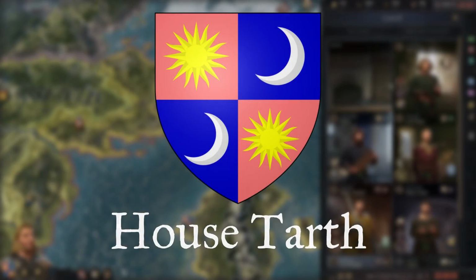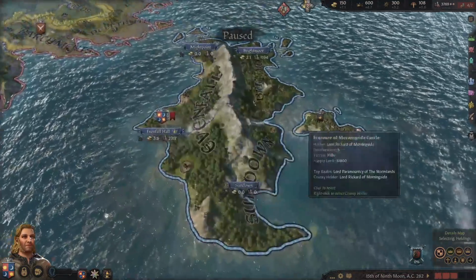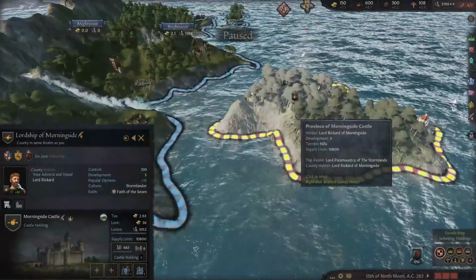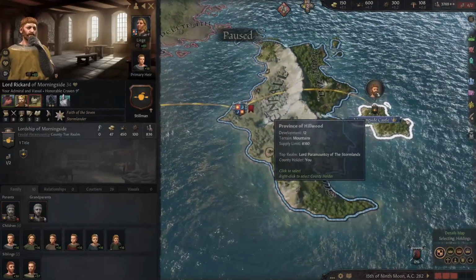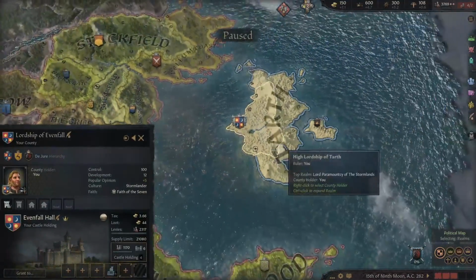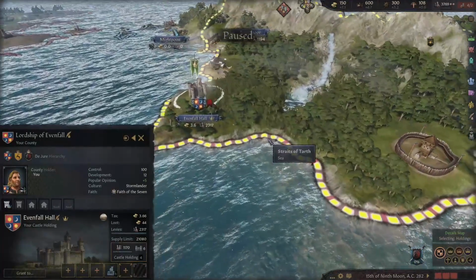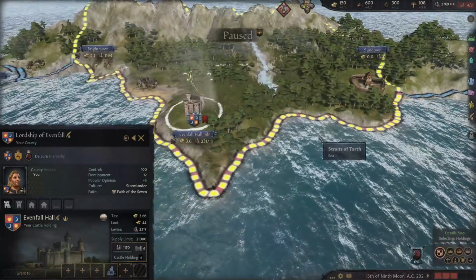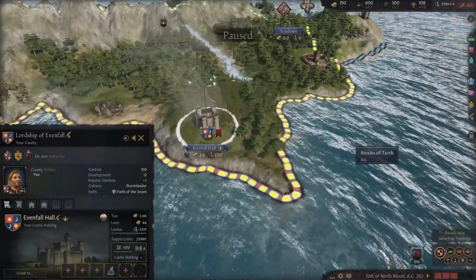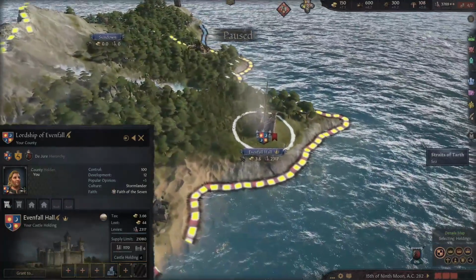House Tarth of Evenfall Hall is one of the most prestigious families in the Stormlands, with current members even claiming kinship with House Targaryen. They rule over the island of Tarth, known as the Sapphire Isle for the beauty of the waters surrounding it. The current lord, Selwyn, is known as the Evenstar, and is considered to be a good man. The house finds itself in an excellent position for a tall playthrough, developing the island and becoming a prominent